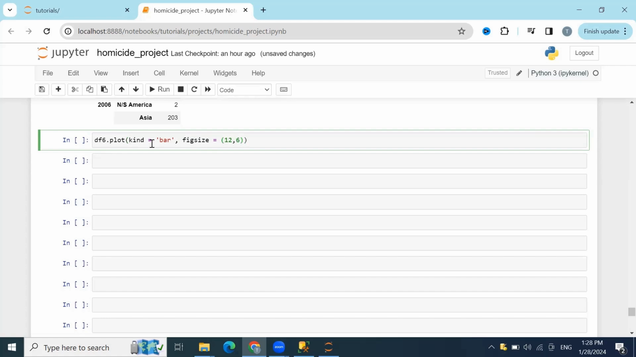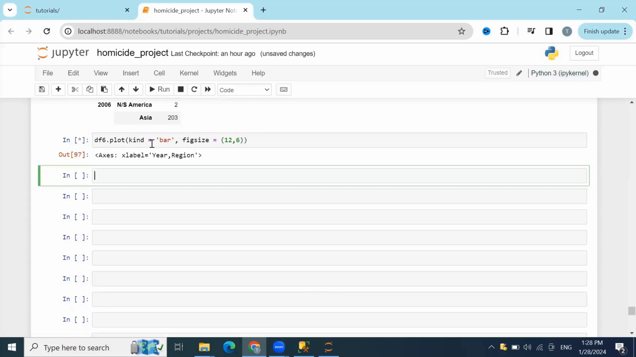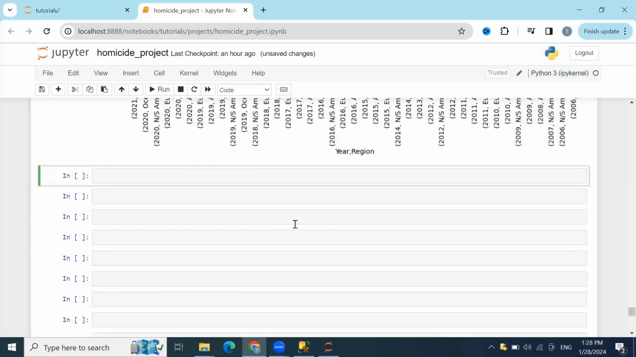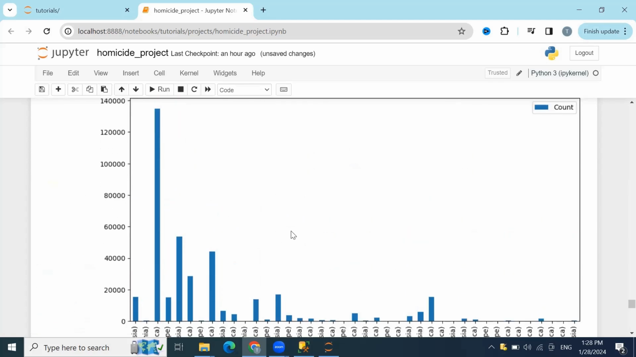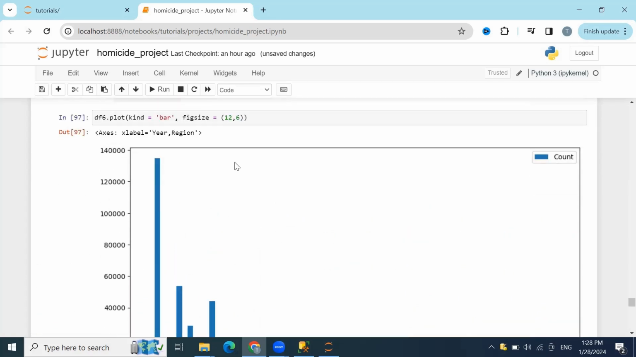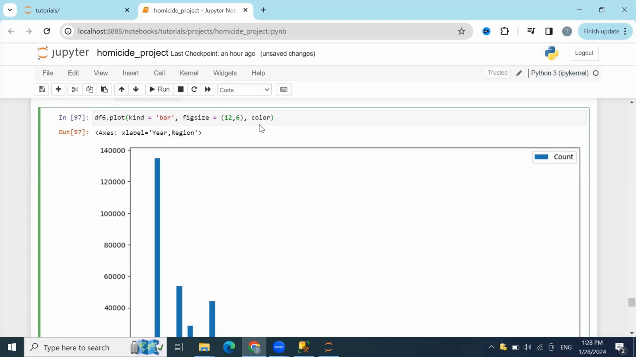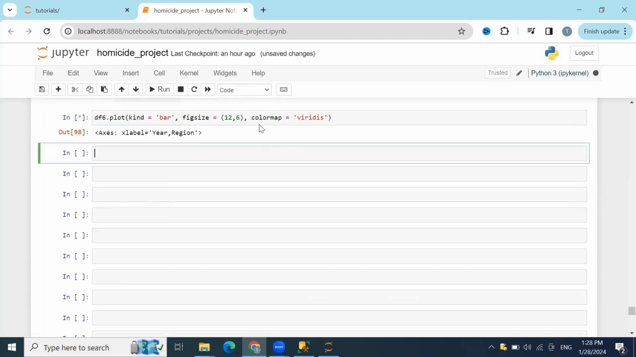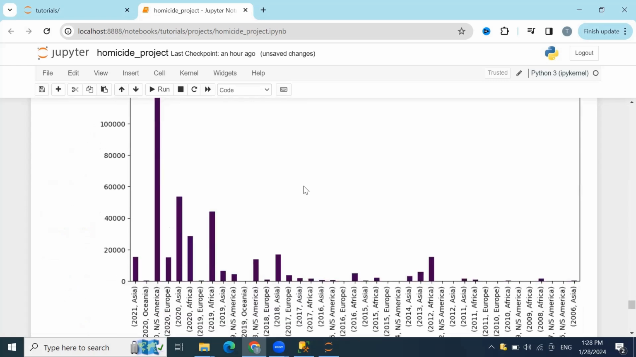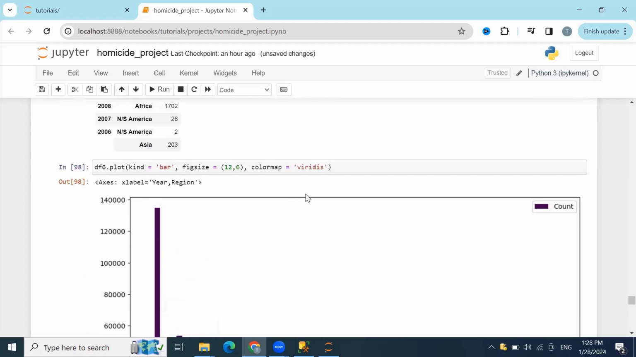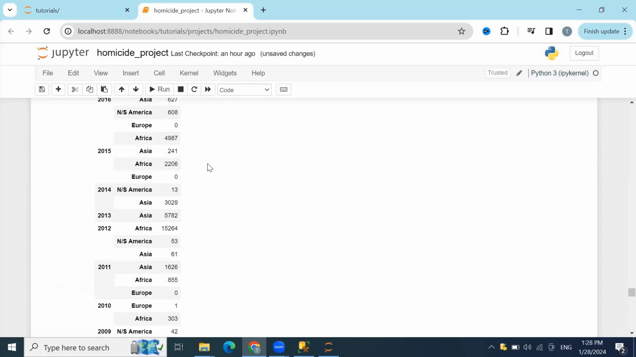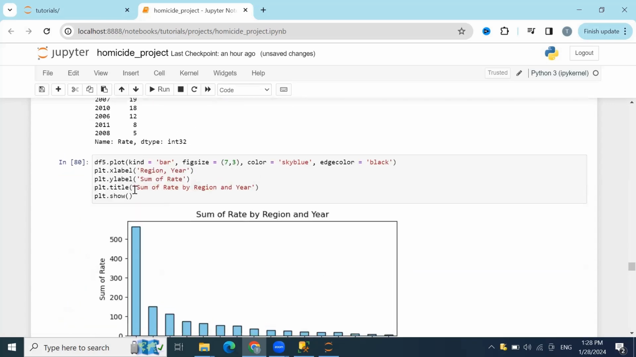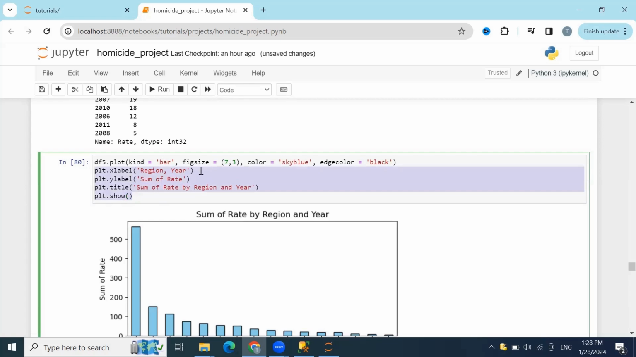Okay, let's just click shift enter and see what it will print. Okay, you can see that it has printed out the figure size for us. We could even add in the color map here, and we just see the result. Okay, this looks better. Now I can again copy all these titles, labels here, X label, Y label, title,